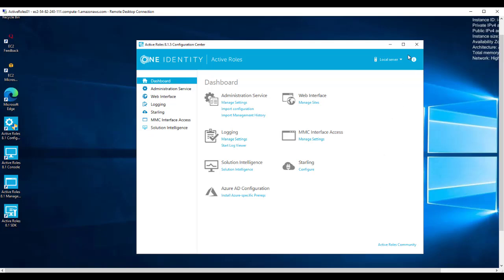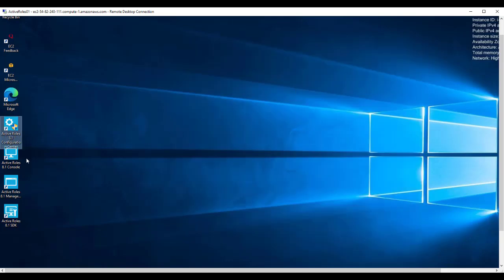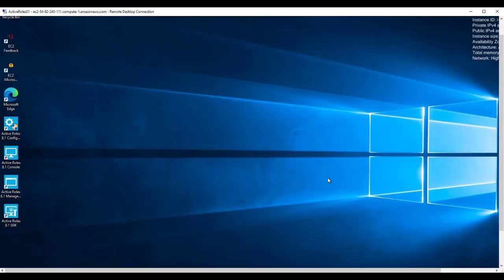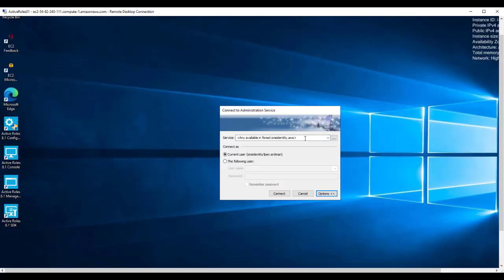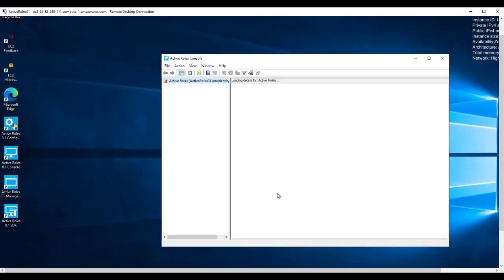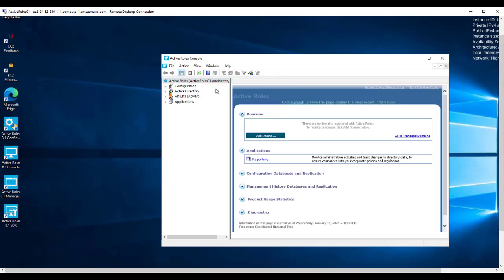We can now launch the Active Roles main MMC console to begin Active Roles configuration. When initially launching Active Roles, there is no service connection point in Active Directory, so click the options button and type in localhost to connect to the Active Roles instance, which is local to this VM. The first action to do when Active Roles is configured and up and running is to add a managed domain.